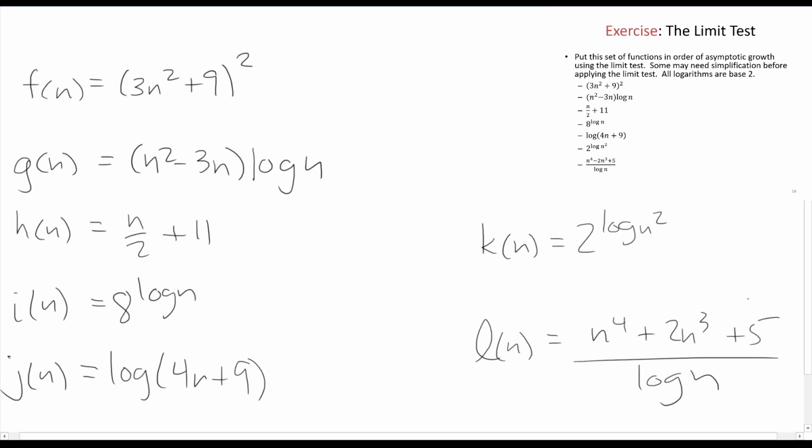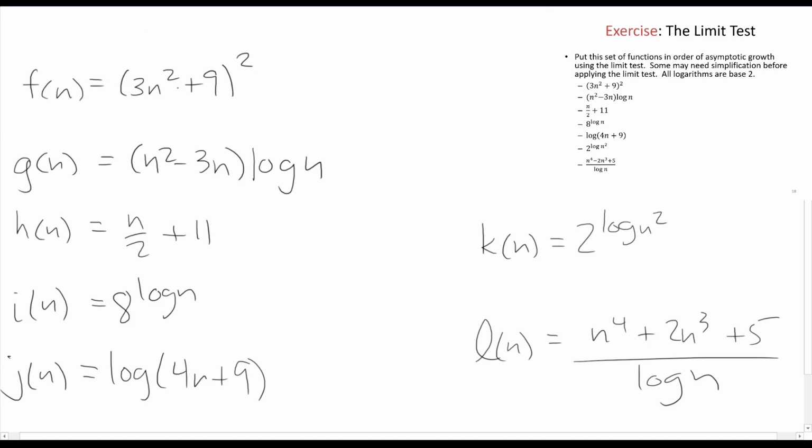Okay, so here we have our 6 functions, and probably the first thing we want to do is, for each of these functions, simplify it a little bit or find the theta class that it belongs in. And then we can compare the theta classes for each function. That makes it a little bit easier on us than trying to, say, compute the limit of f of n over g of n. These are nasty looking functions. So for instance, this function here,